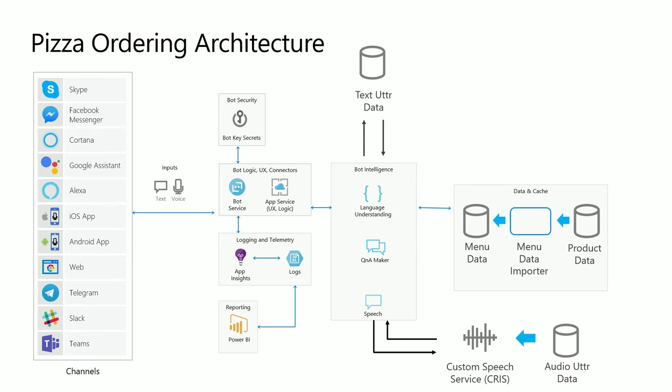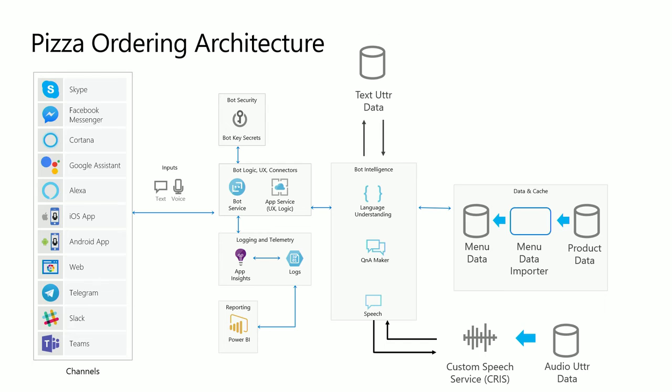You can also add QnA Maker if someone wants to order or understand what comes in the crust, if it's gluten-free, or is asking a question. And you can have your speech API. You would have a text and a speech utterance in that case that would train both of the models. They will have to connect to each other, every speech and the text. We also do text priming, speech priming. So it'll allow you to take the language model to improve your speech recognition.